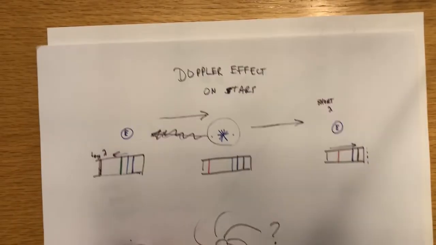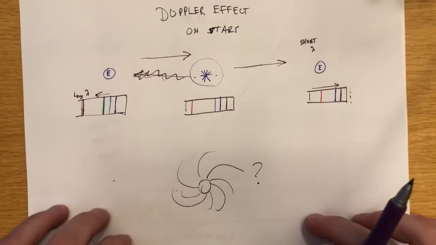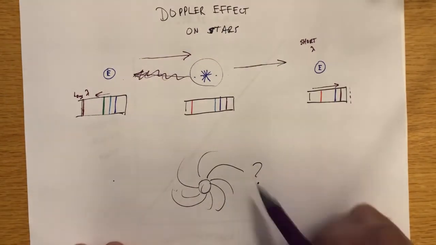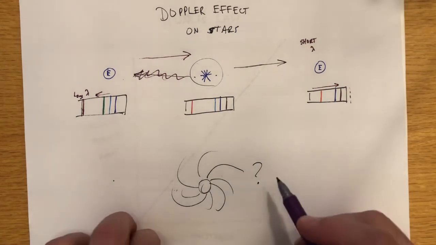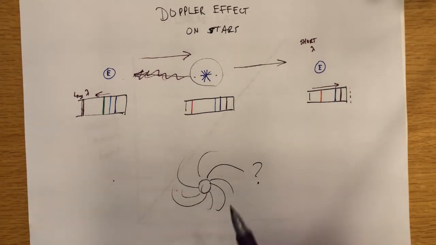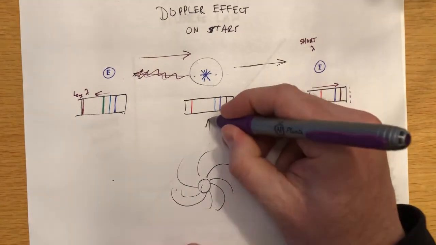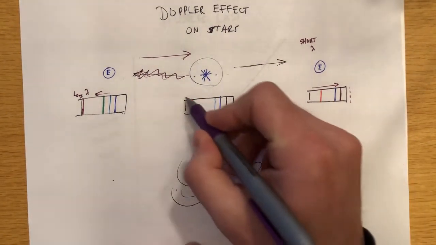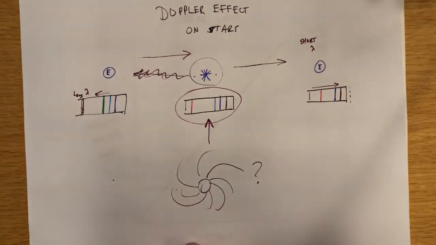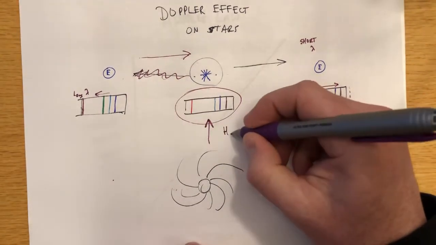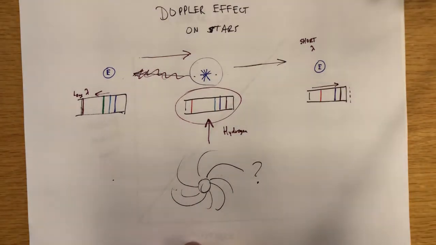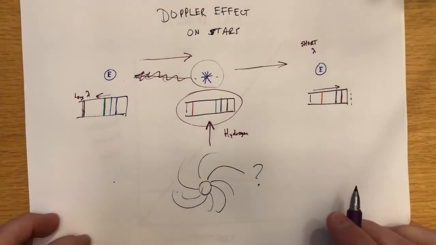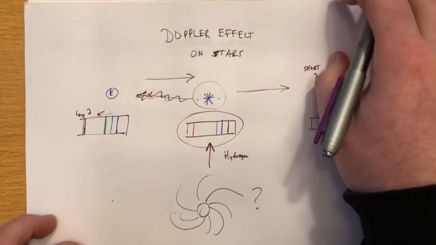But, one more question. Does that work for galaxies? Like my nice picture of a spiral galaxy here. What if a galaxy was moving towards us or away from us? Could we use the Doppler effect to figure that out? Well, I'll tell you what. You know what the spectrum for a galaxy mostly looks like? Exactly like that, because galaxies are mostly made of hydrogen. So, if I could use a spectroscope on a galaxy, which I can,